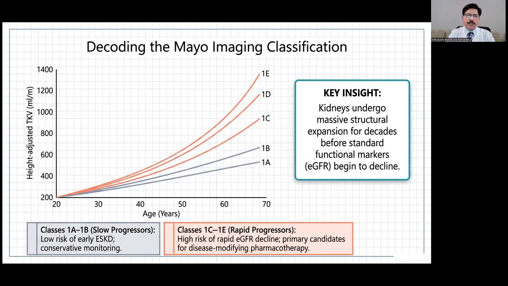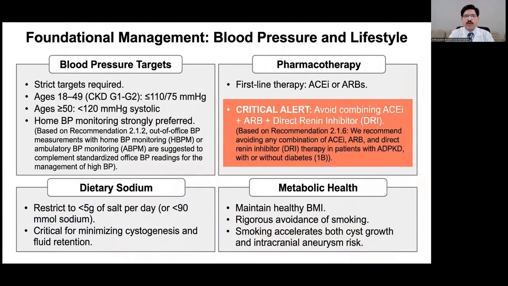So 1A and 1B are slow progressors, with low risk of early CKD, and need conservative monitoring. Rapid progressors, 1C, 1D, 1E, have a high risk of rapid eGFR decline and are primary candidates for disease-modifying therapy like tolvaptan. Now,